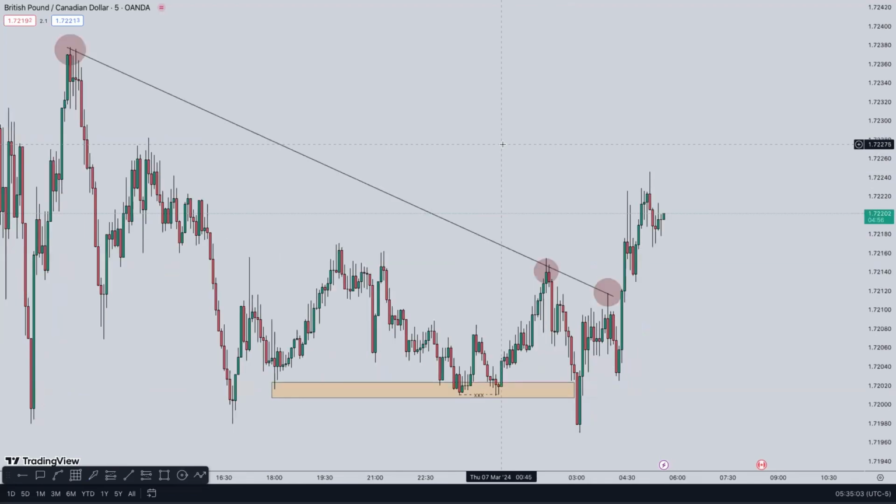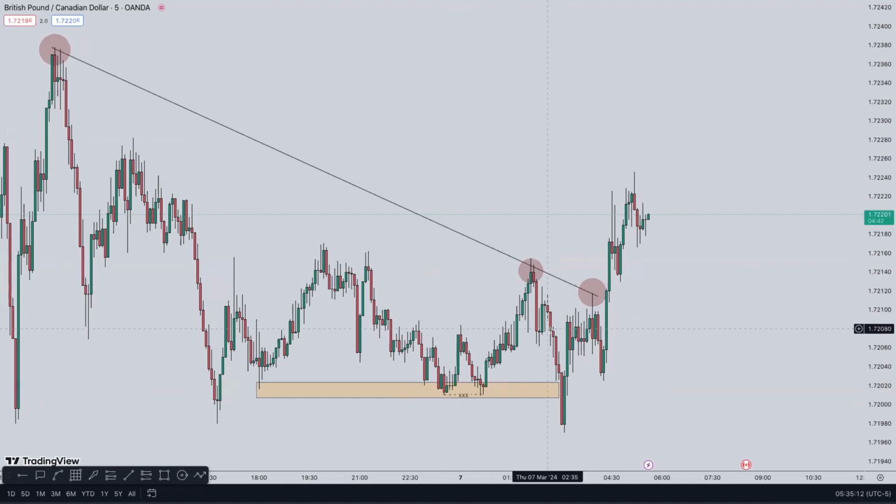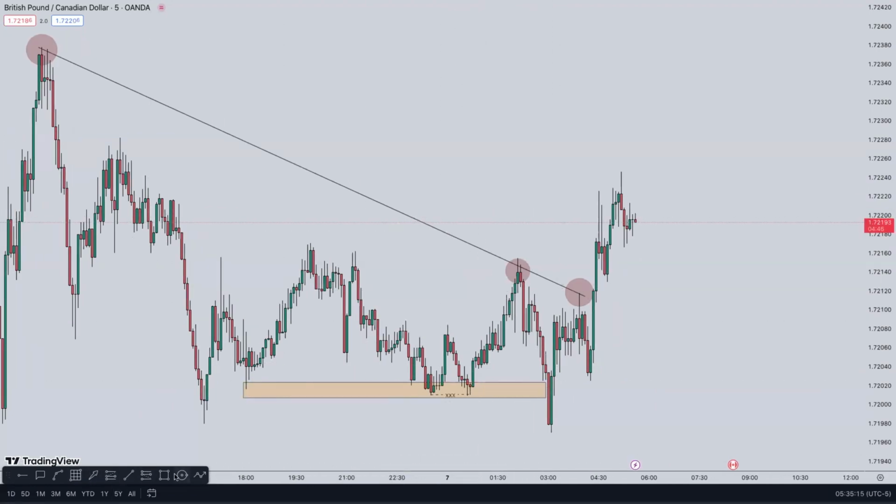We already identified our liquidity, and we know that price has purged liquidity to the downside. There is a lot of liquidity to the upside, and I'll show you guys in a while. So, what is the change of character? Let's go there. The change of character is simply when the market is in a consistent downtrend, which means the